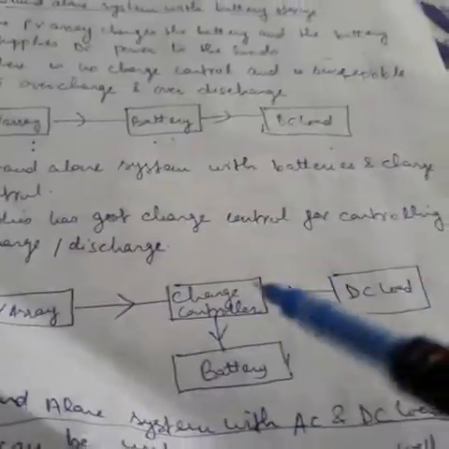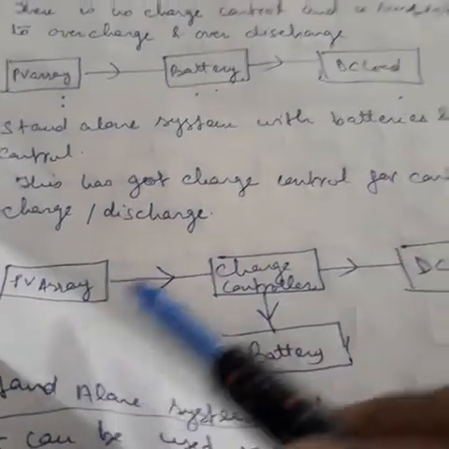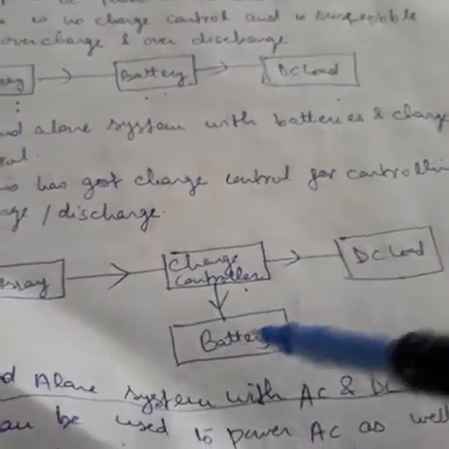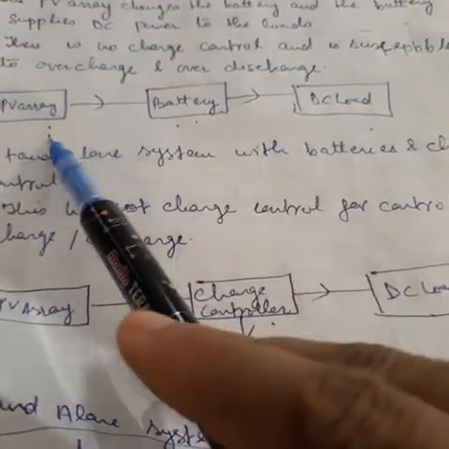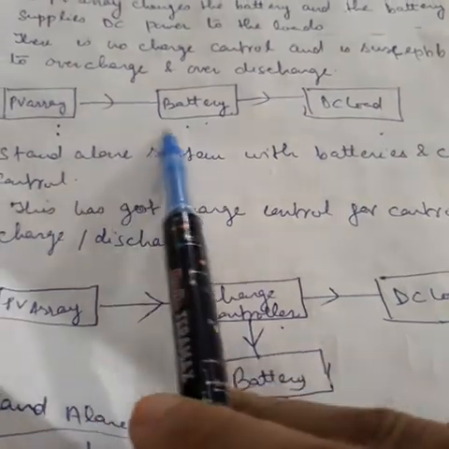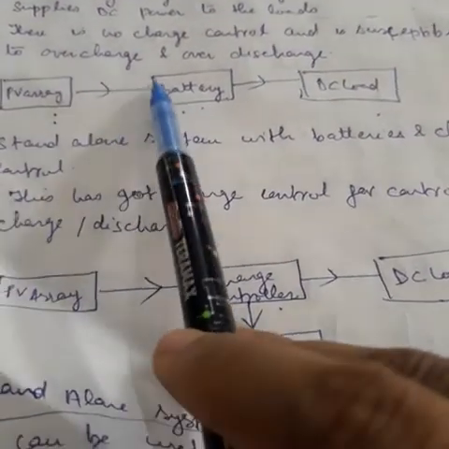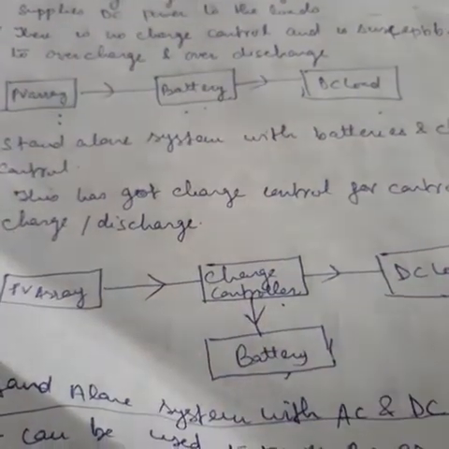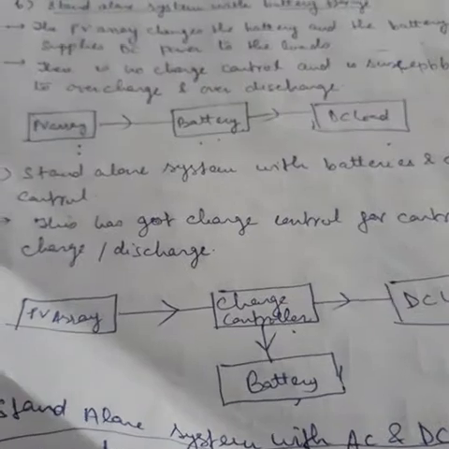This has got charge control for controlling the charge and discharge. PV array, charge controller, DC load, battery. इससे जो हमें पीवी एरे से सेल्स के थ्रू जो हमें इनपुट करंट मिल रही थी जिससे कि हम बैटरी को चार्ज कर रहे थे, ये कभी कभी ओवर चार्ज और ओवर डिस्चार्ज की फिनोमिना होती है. तो बैटरी के ऊपर लोड जब ज़्यादा चार्जिंग हो जाती है तो देयर आर द सम